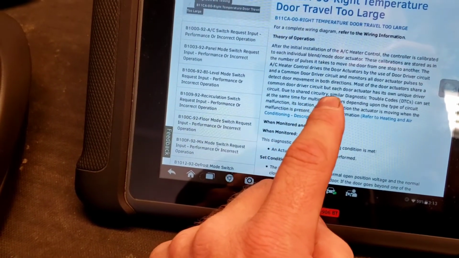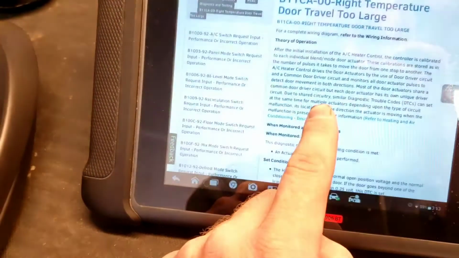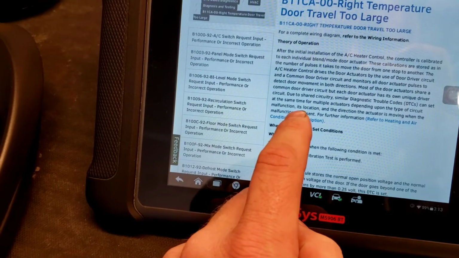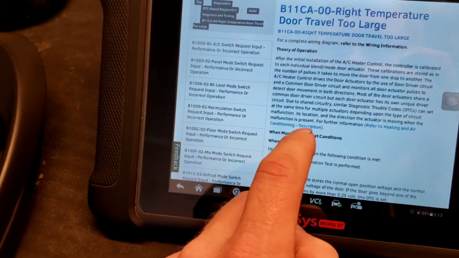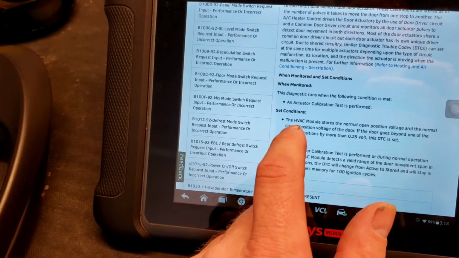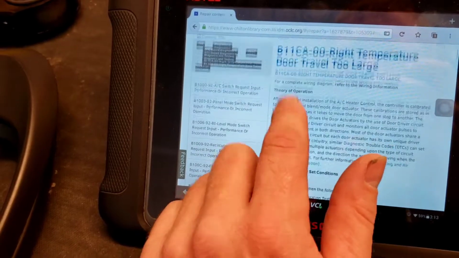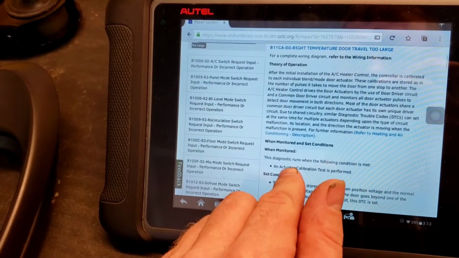It says, due to the shared circuitry, similar DTCs can be set at the same time for multiple actuators, depending on the type of circuit or malfunction, its location, and the direction the actuator is moving when the malfunction is present. So basically, for this code to set, the B11 Charlie Alpha, it has to,